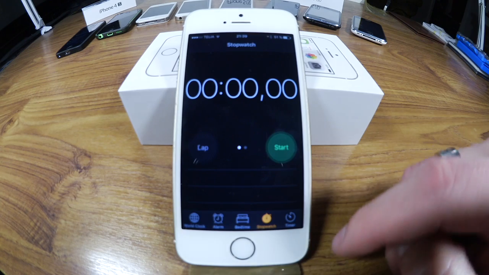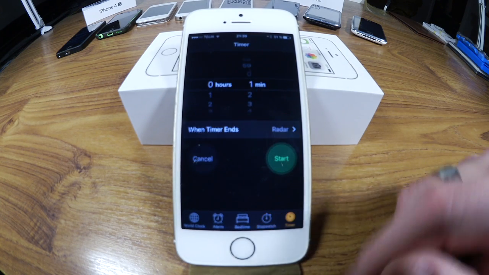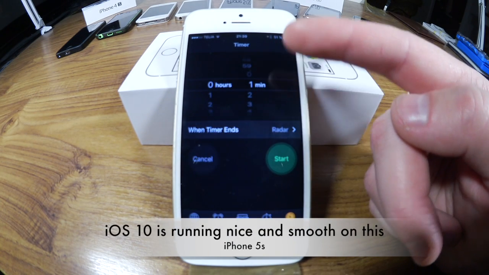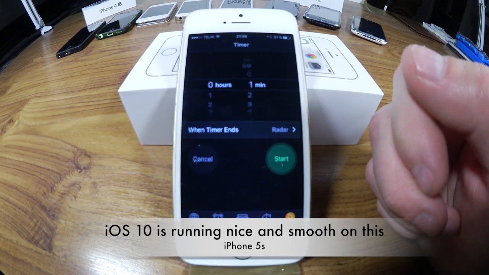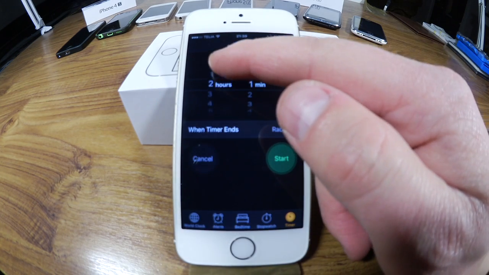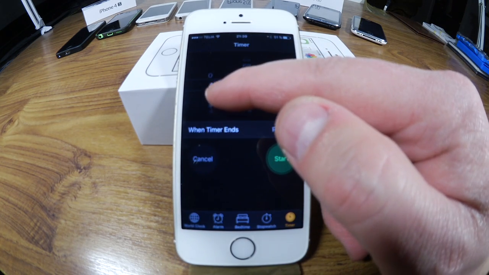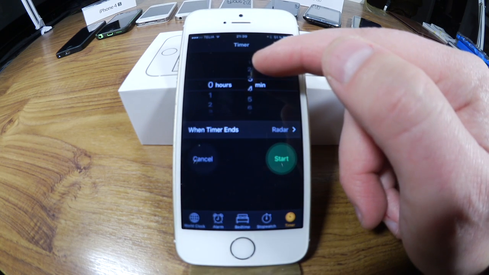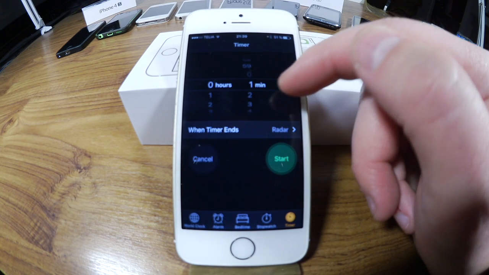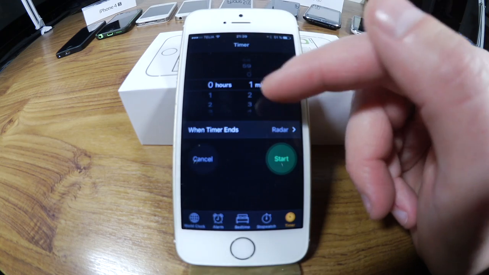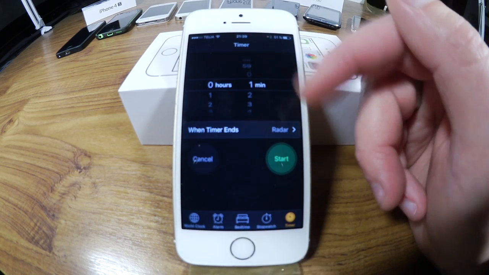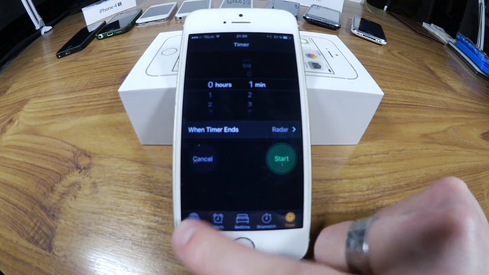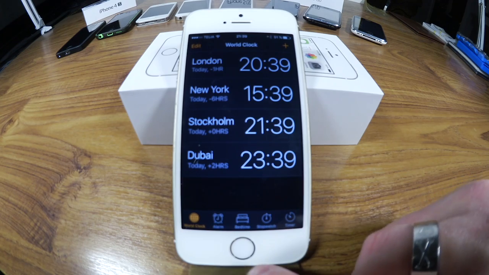So that's very cool. Go to the timer. That's exactly as before, a little redesign. You can change how many hours you want the timer to be, or minutes. So I think that's kind of cool. So that's pretty much what it is in the